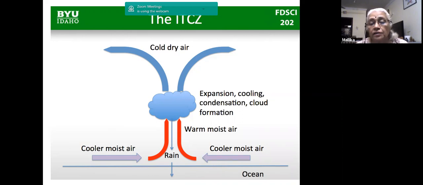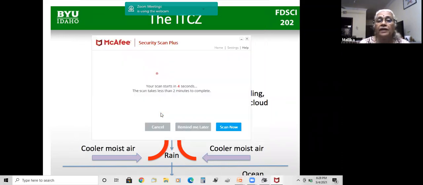Starting at 10 o'clock in the morning, probably, the air will start rising. By 2, 3, 4 o'clock, it has already reached that height because it is very hot and very light and is rising up. But after that, it begins to slow down. It continues to rise because it is still warm and moist. It has lost some of its moisture, but it is still warm and continues to rise. By the time it reaches the top of the atmosphere, it takes almost 15 days. But by then, the next day, the sun has risen, the ground has become hot, the air has become hot, and the air rises. So there is a continuous supply of warm air from below, and that is why you will find